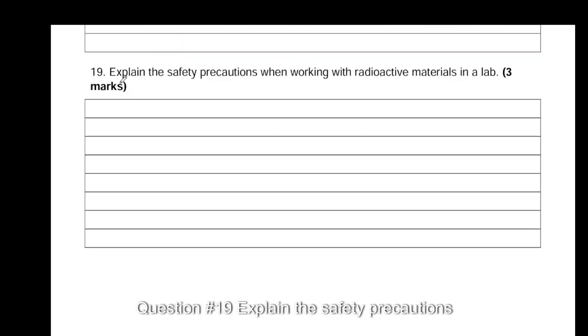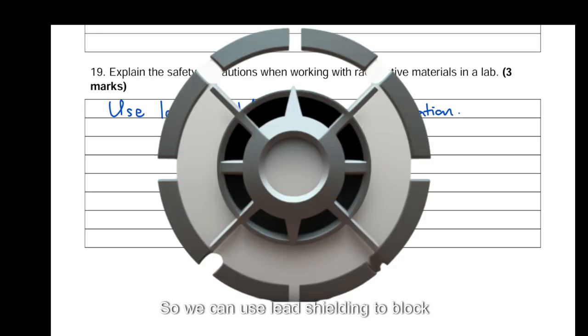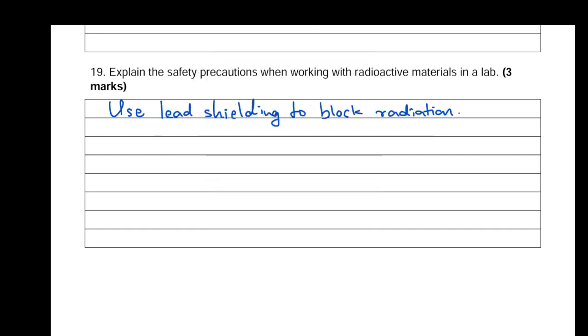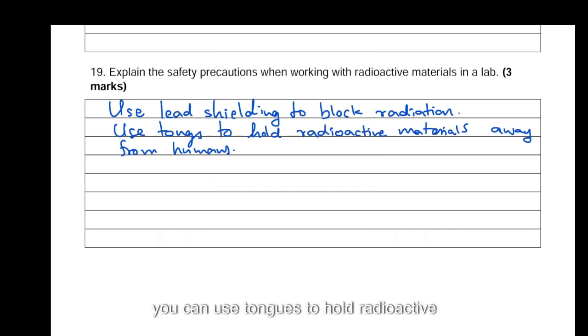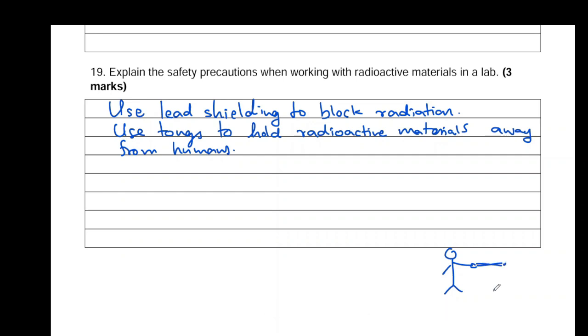Question number 19. Explain the safety precautions when working with radioactive materials in a lab. So we can use lead shielding to block radiation. Also, you can use tongs to hold radioactive materials away from humans. So there are quite long tongs that you can use. So if here's the person, now rather than holding it in hand, if you use a pair of tongs, what will happen is now the radioactive isotope is here. So that's far away. Also, using gloves